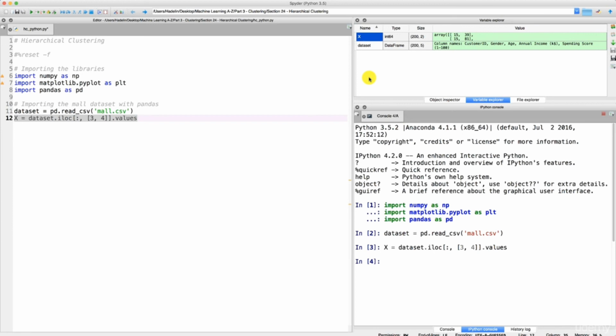So that's it for this tutorial, and in the next tutorial we're going to move on to the next step, which is to use the dendrogram to find the